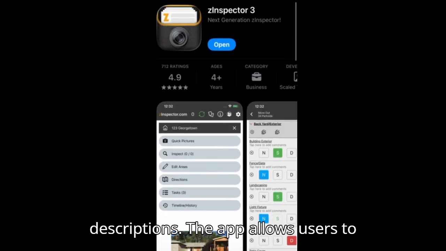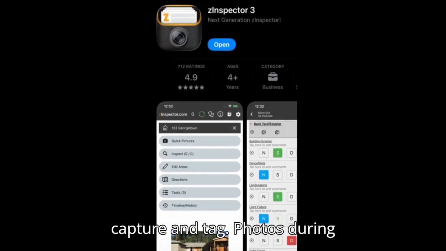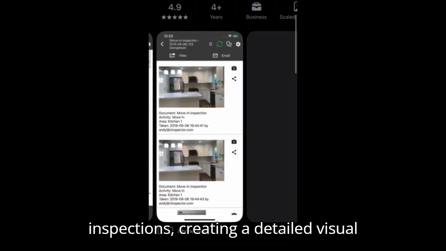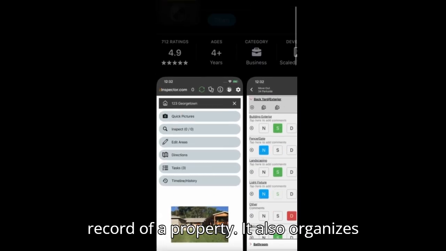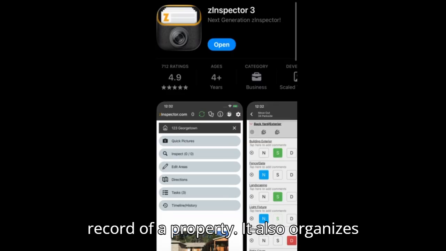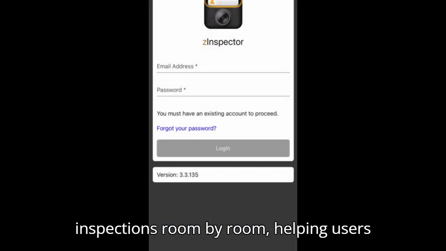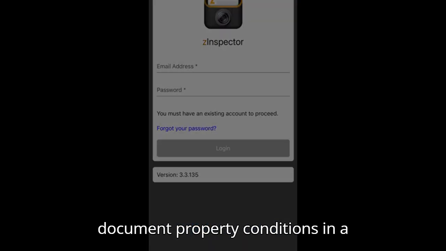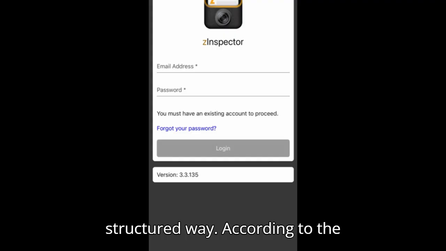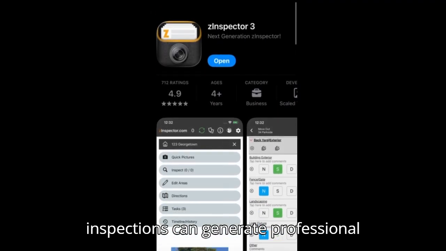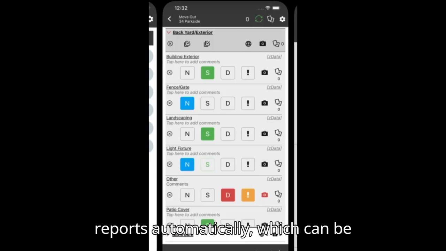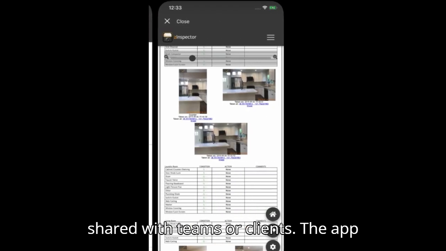Based on official descriptions, the app allows users to capture and tag photos during inspections, creating a detailed visual record of a property. It also organizes inspections room by room, helping users document property conditions in a structured way. According to the platform's official site, these inspections can generate professional reports automatically, which can be shared with teams or